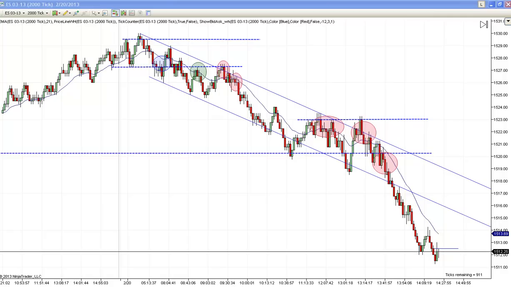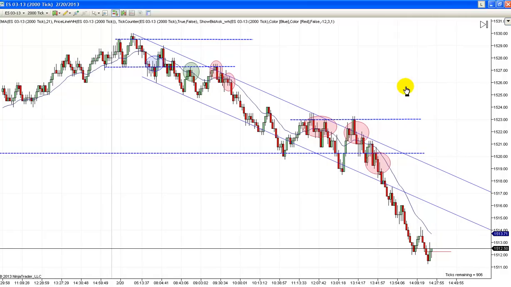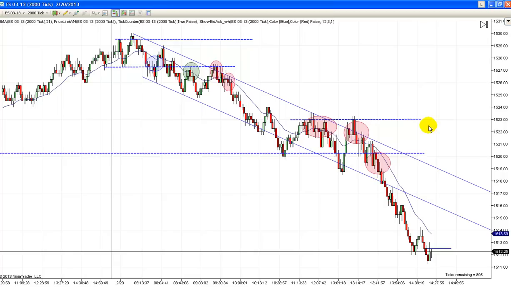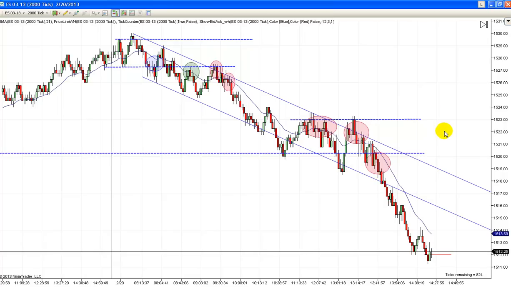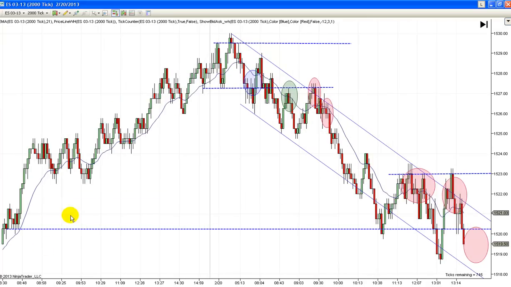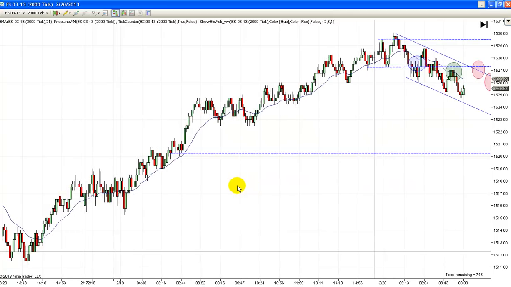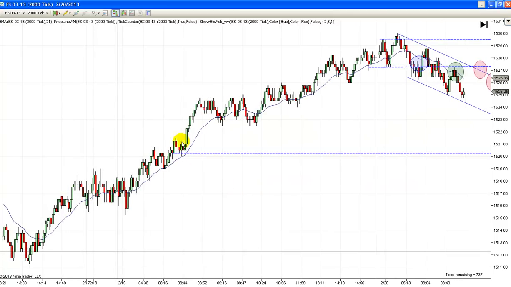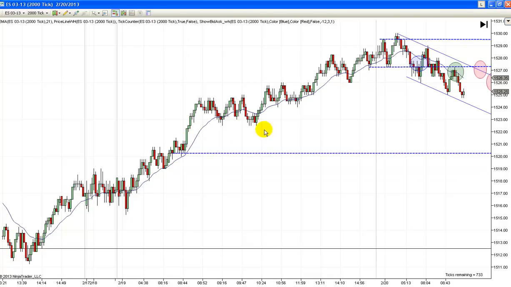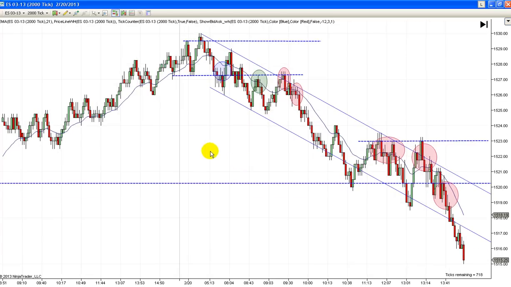And all I can say about today is, this is what we live for every day, and it doesn't get any easier than it was today. To be honest with you, there was a little bit of question when we noticed. Remember me talking about this breakout yesterday that we never really came back and tested this area? Well, that's what it looked like was going to happen here